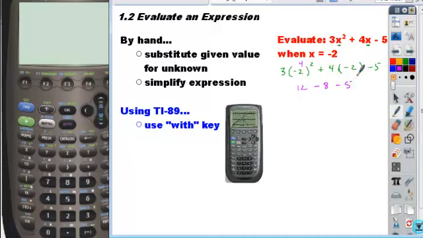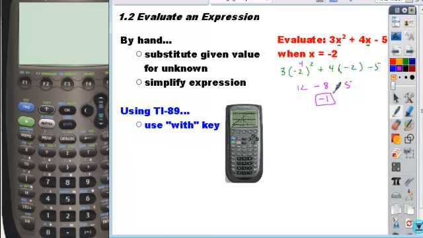So once again, the order that you do these doesn't matter. You could take 12 and then -8 and then -5. Okay? You could take -8, -5, combine that, and then subtract it from 12. Regardless, you get 12 minus 8 is 4. 4 minus 5 gives you a -1. Okay? So that would be by hand, just plugging in the values and